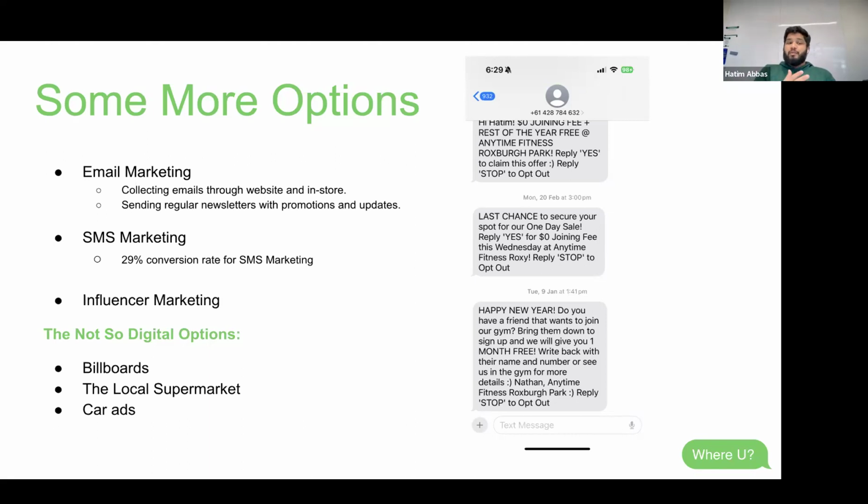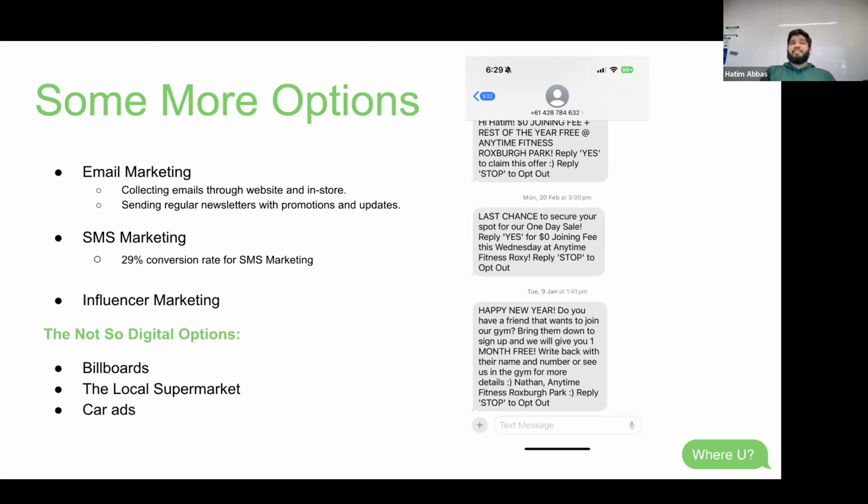But another way to do it is email marketing. So you collect emails through your subscriptions, through your clients, through people who sign up to your newsletters, and even people who come in store and sometimes get a loyalty card. So they collect their emails and send emails to them, especially when there's a promotion or something going on within the locality. A good example is obviously Anytime Fitness, but also Spotlight. I've gone there once in the past 2 years, and I gave them my information just once because I was getting a 10% discount. But they send all of these promotions that encourage me to check it out at least.